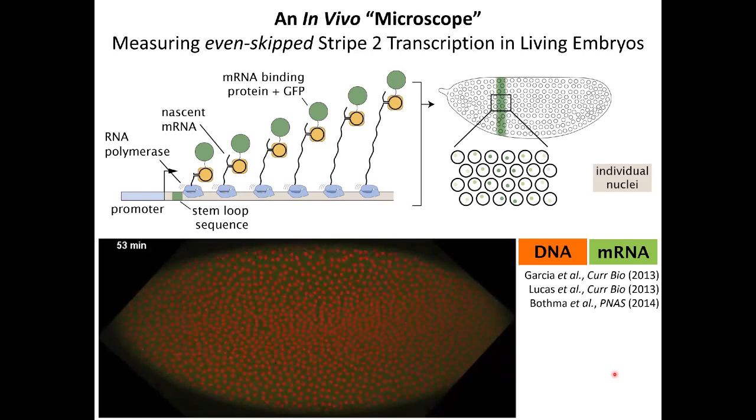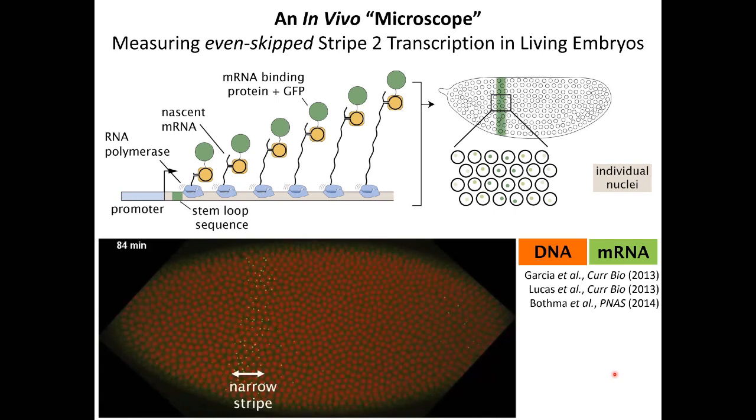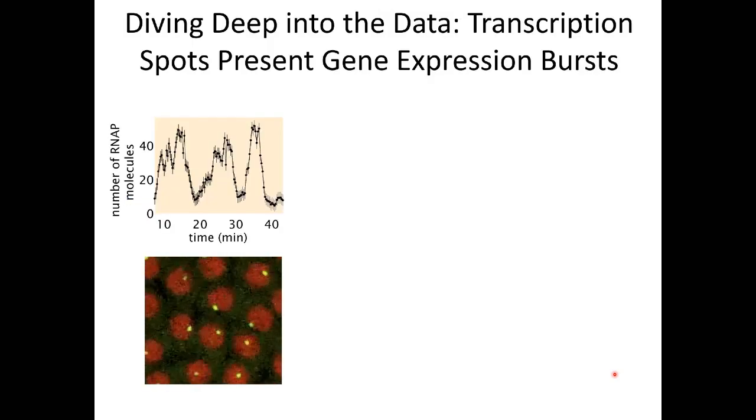The other thing to notice as you look at this movie is that you're staring at an in vivo single molecule experiment, because these spots are reporting on the decisions made by an individual promoter in a living multicellular organism, which means that you can zoom into one of these nuclei and count the number of polymerase molecules transcribing that particular locus as a function of time. And what these measurements reveal are these punctuated dynamics that look like trapezoids.